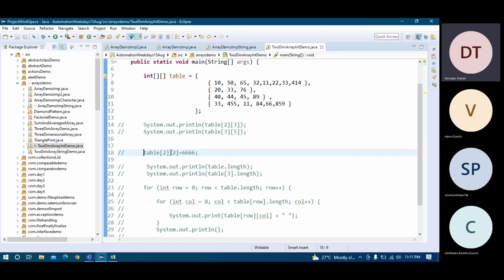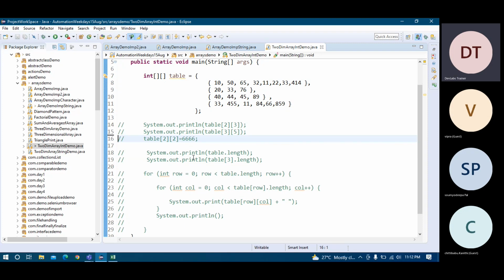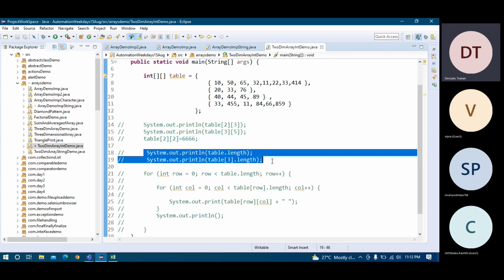So this is example 2 of 2. I am printing, and I am changing the value. So 0, 1, 2, you see here. This is the third row, but the index is 2. So this is the row, and the column value is also 2. This is 45, and I am setting it to 6666. So what it will do is override it. This 45 will be gone and the new value will be printed. Like this you can change the value. This is just for your understanding, but I'm going to do something else.